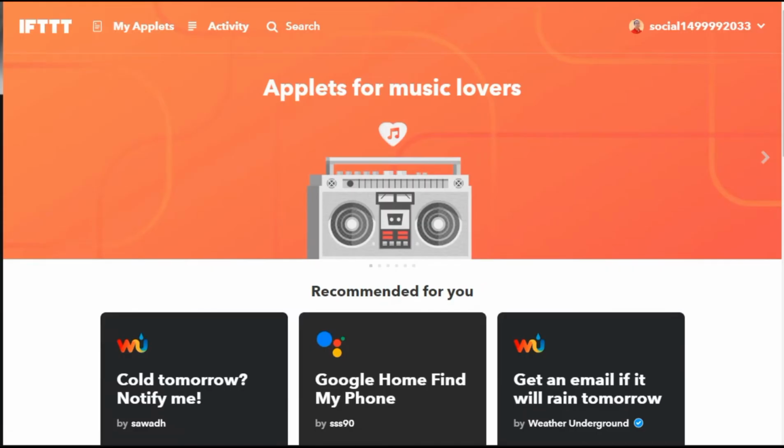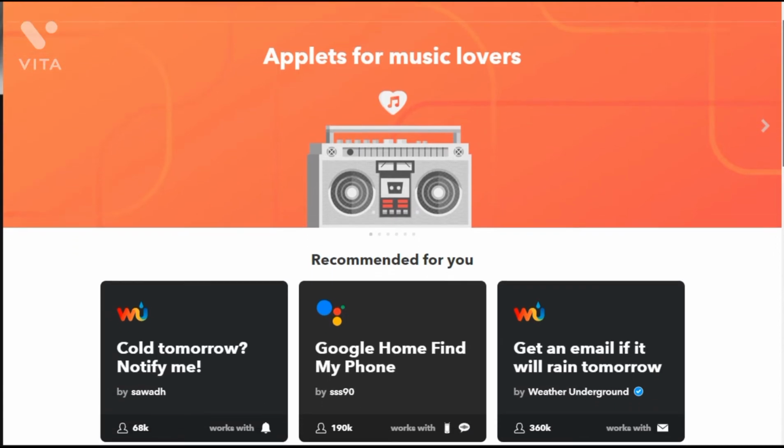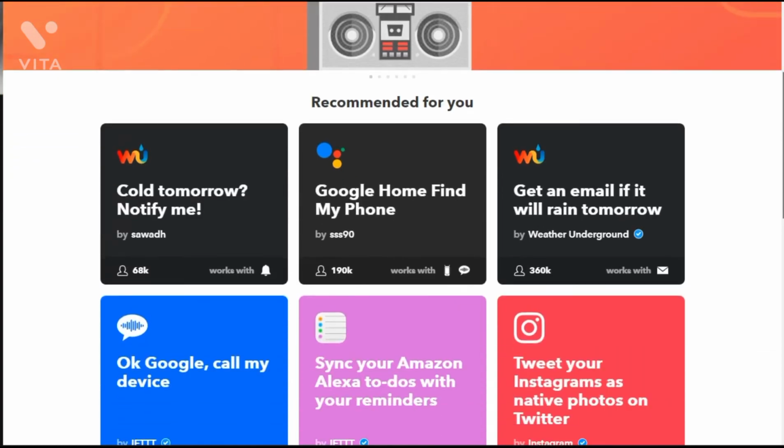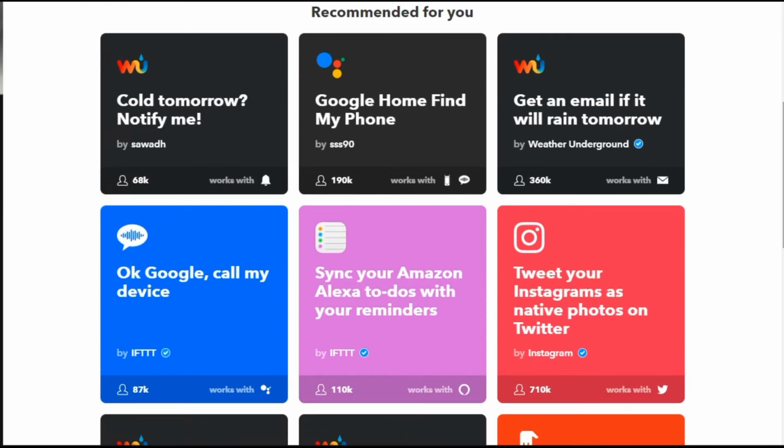Okay, so if you head on over to ifttt.com, you'll see this page. You can go ahead and create an account, and you'll find a lot of really cool, interesting triggers, is what we call them in IFTTT. A trigger is, let's say you upload a YouTube video, and the system detects that the video has been uploaded.